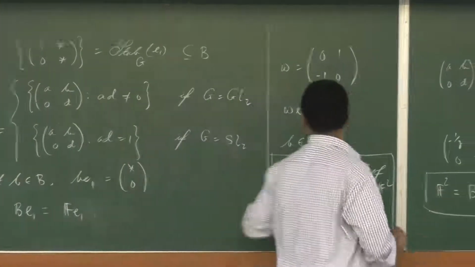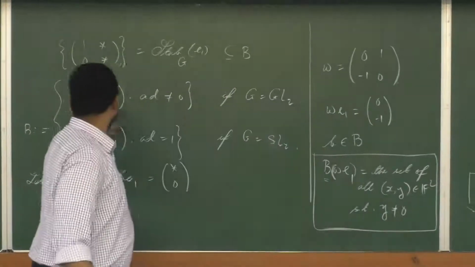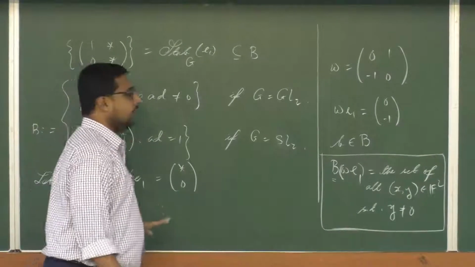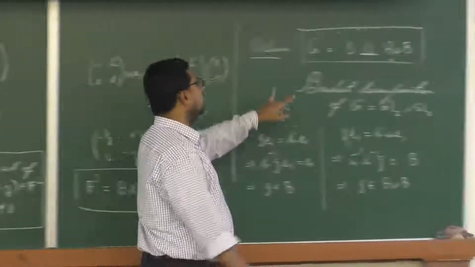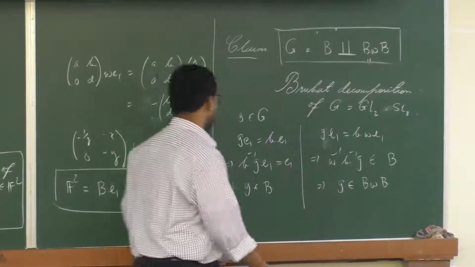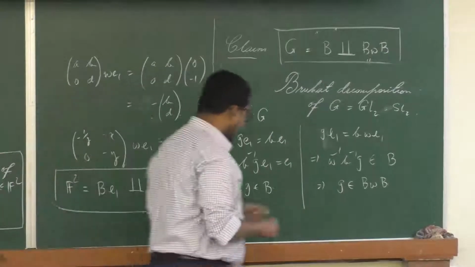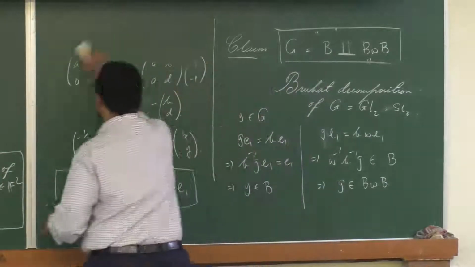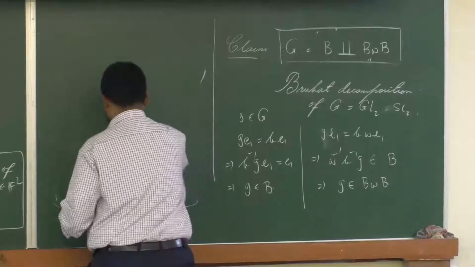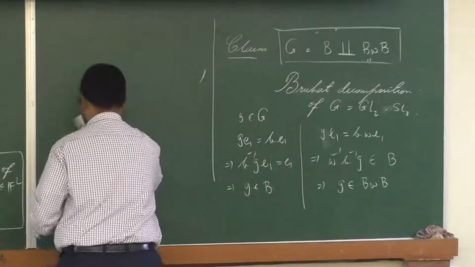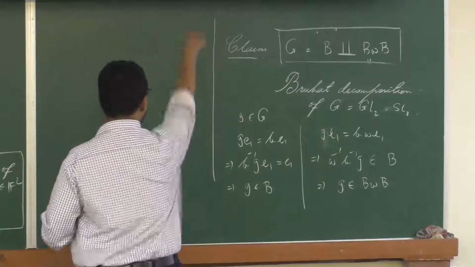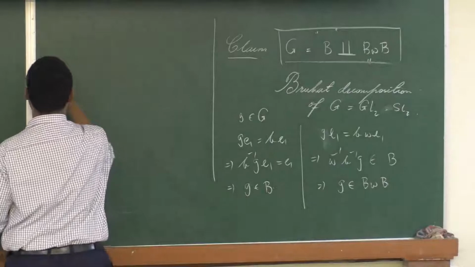However, the B for GL2 and for SL2 will differ. But whatever that subgroup B is, this always holds. Let me draw an immediate corollary for that. So the corollary,